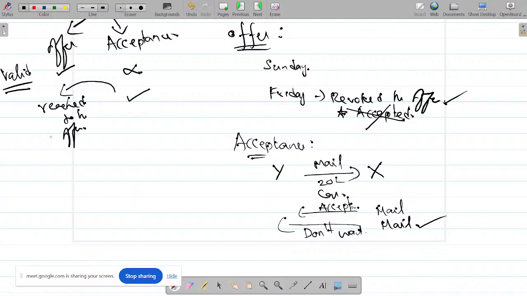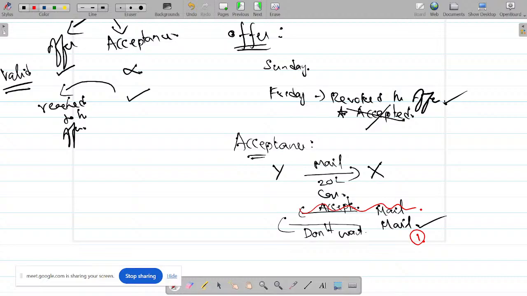You are giving the acceptance and you're withdrawing it. Try to remember. Please listen here. If this is not the situation, the one I scribbled in red color, where directly you're sending a mail, this is the first mail, saying I don't want to accept, then this is not at all an acceptance. When we talk about revocation of acceptance, please understand the acceptance has to be sent, then it has to be revoked. What do you mean by revoking? Giving and taking it back. Just as when we discussed the offer was given, then taken back.